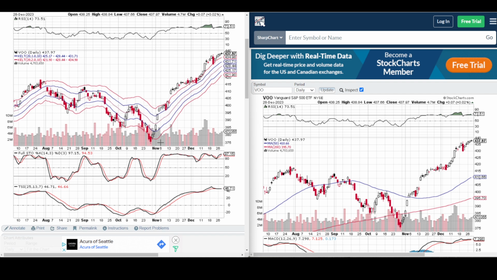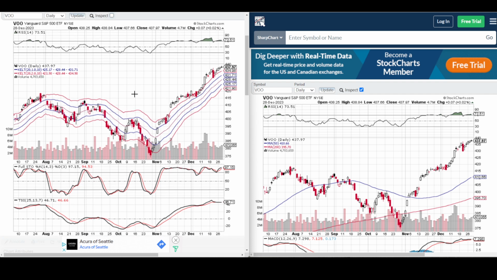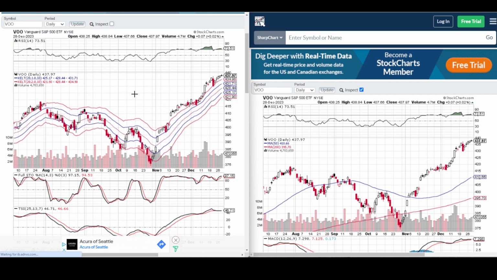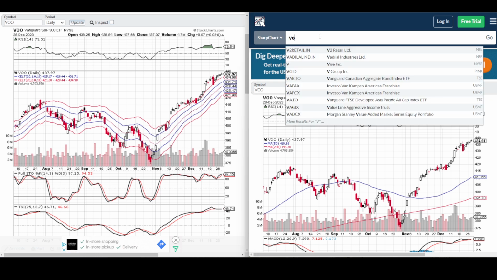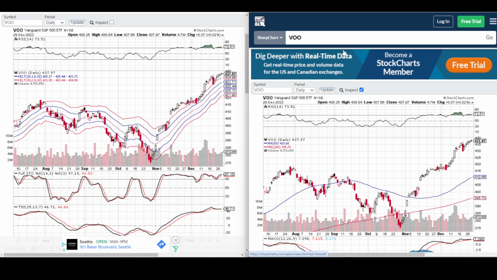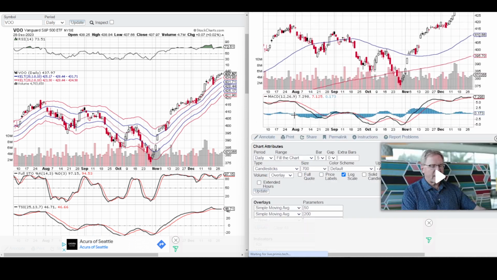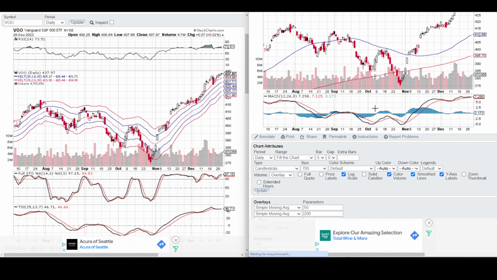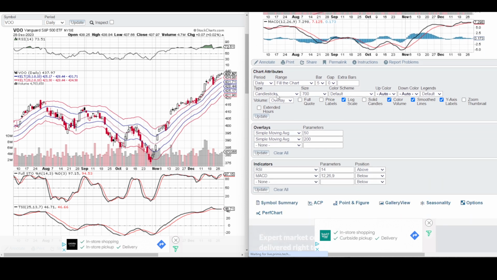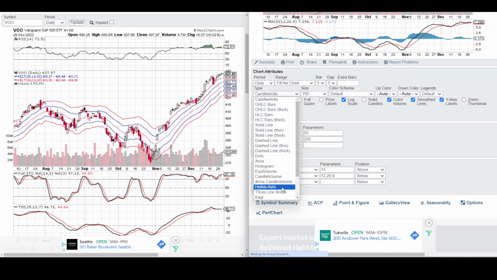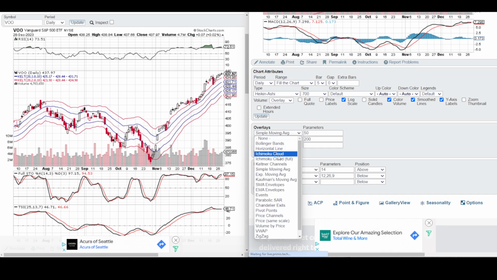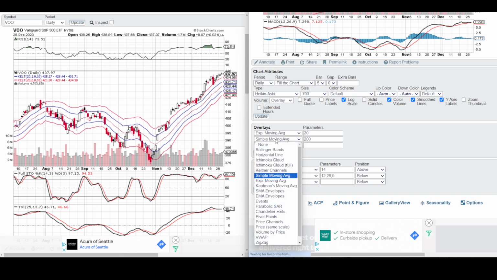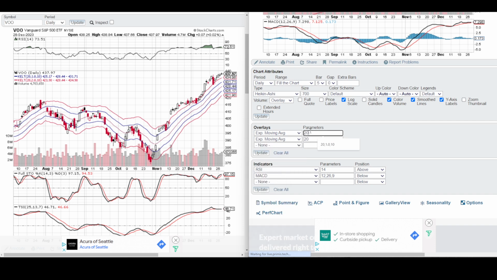What I want to see here, oh, actually, let's set up the other chart now on the right. Let's do the same thing. VOO. But on this one, I'm going to use some different parameters. Instead of using the candlesticks, I'm going to go down to the Heikin Ashi. Then for the overlays, I'm going to use exponential moving averages. So I'm going to use the 8-day